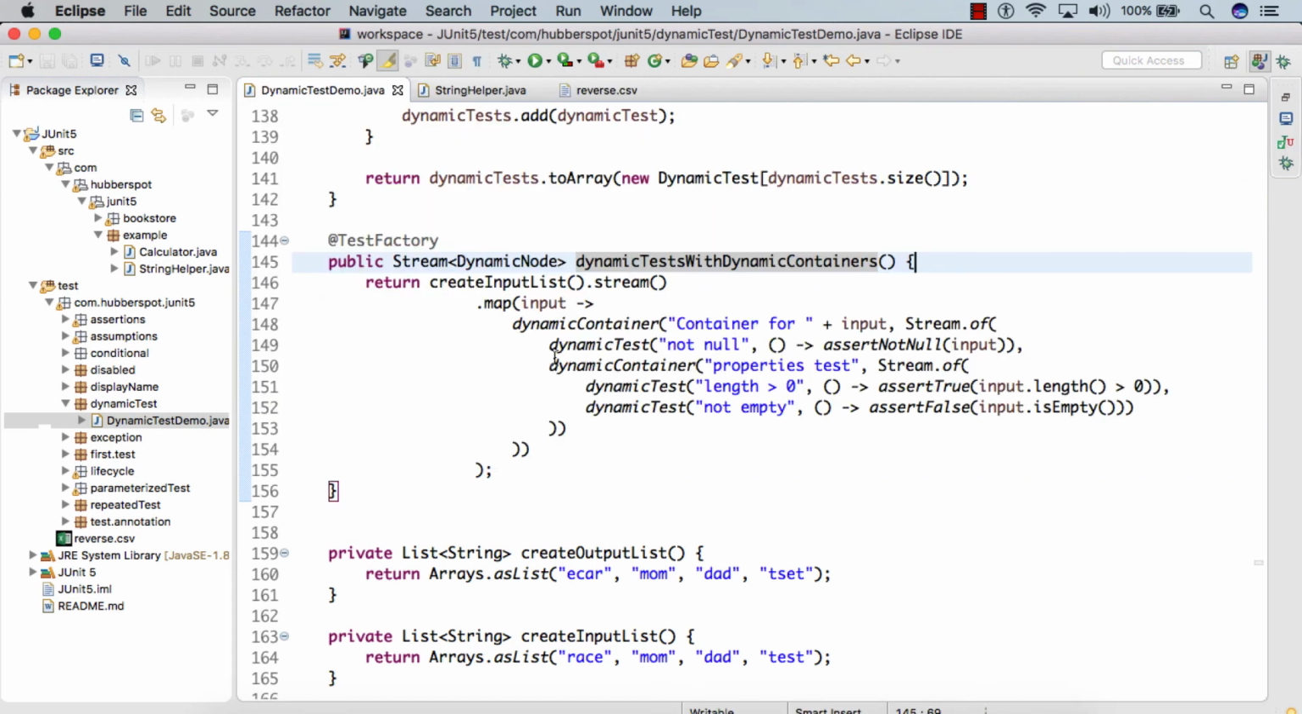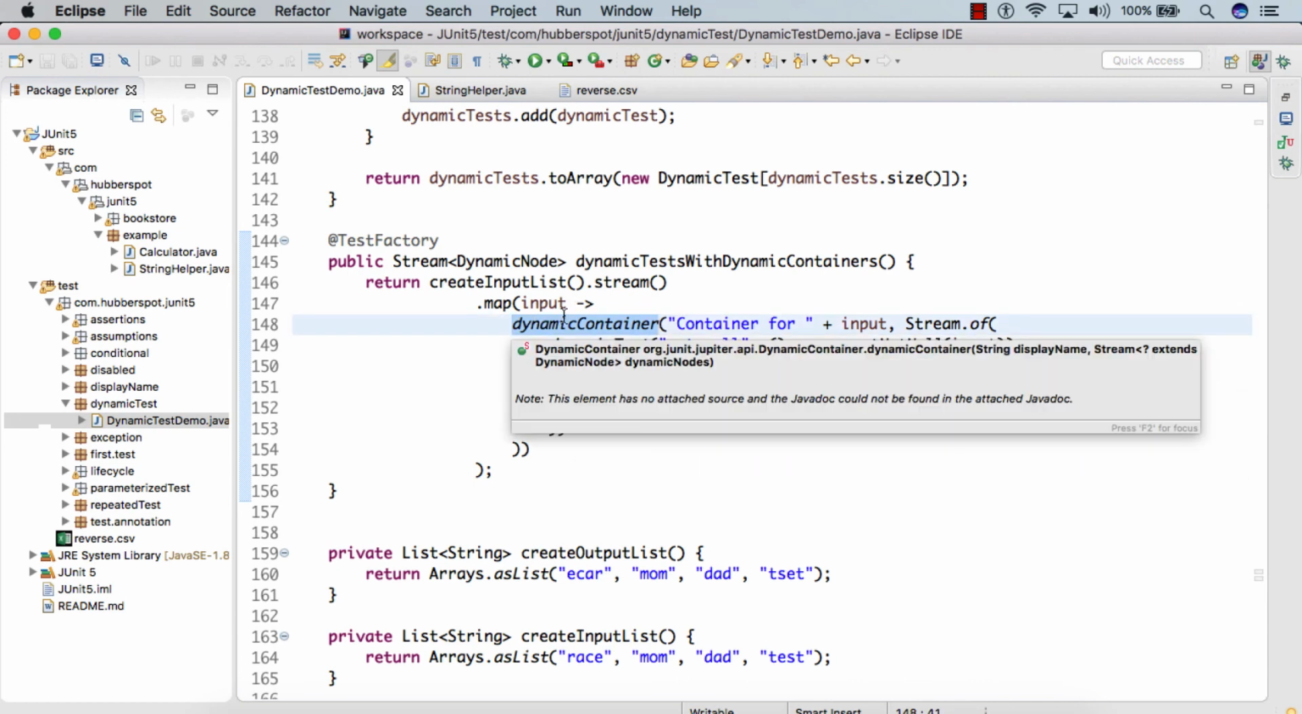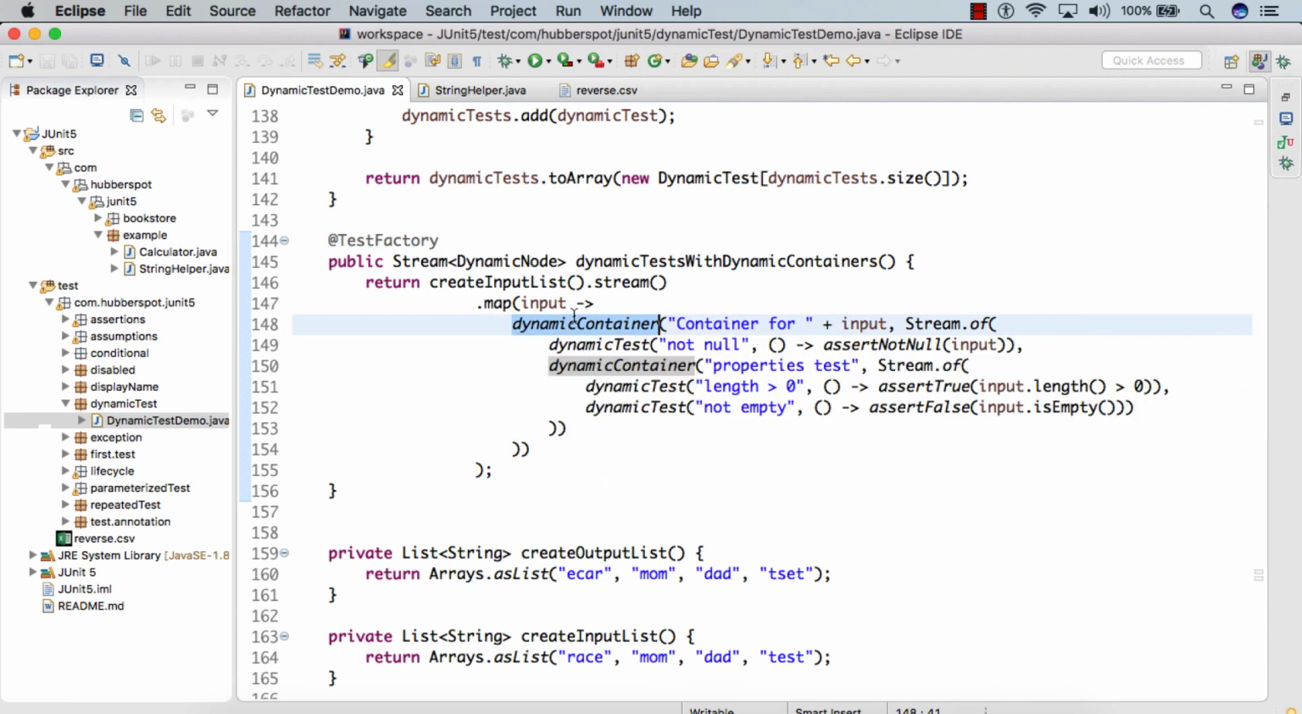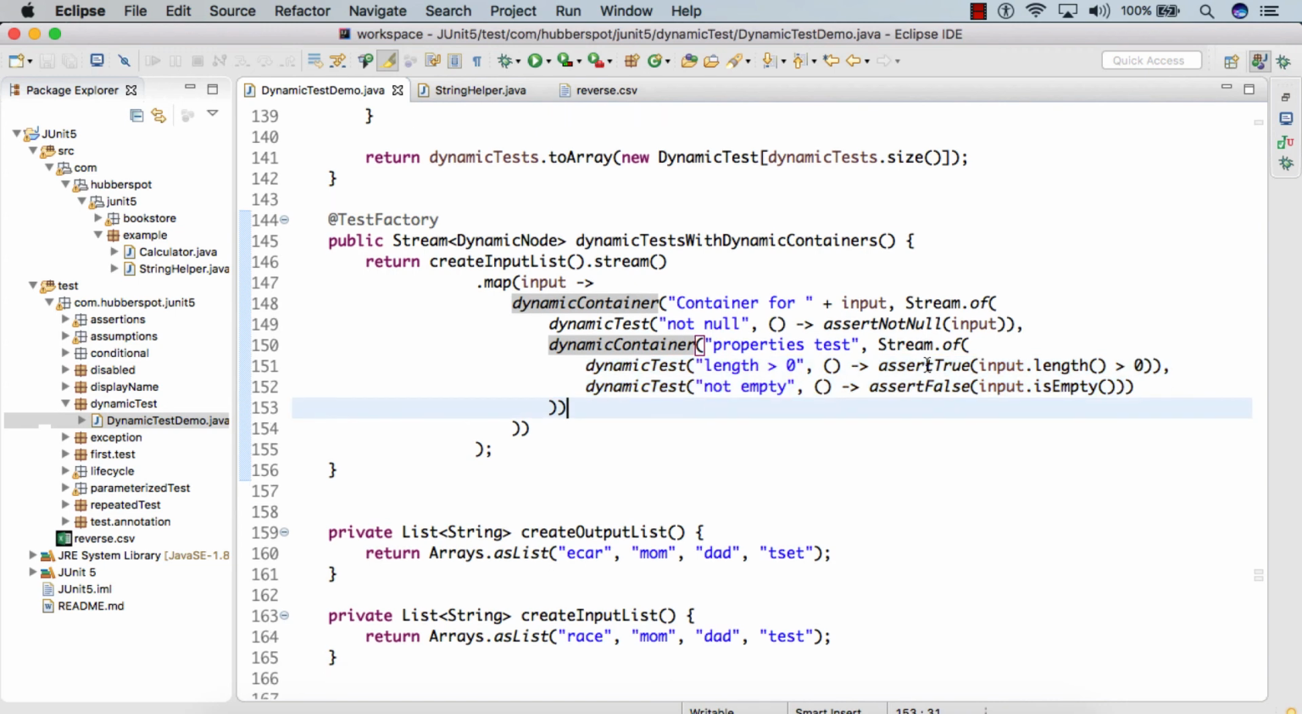So friend, the basic idea behind creating a dynamic container is we can create nested tests having one dynamic container inside another dynamic container. And friend, this chain can go on till we have one dynamic container with only dynamic tests. So friend, let's suppose we fail one of the dynamic tests. So here if I simply do assert false that input.length is greater than 0 is false, and I run the test case,